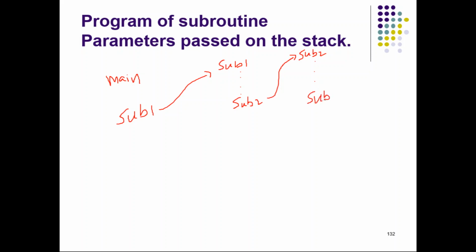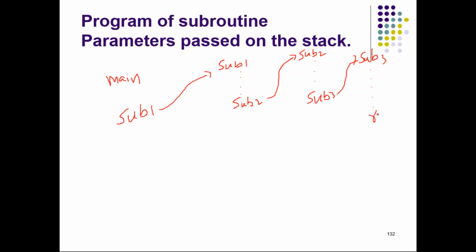So this kind of function call is called a nested subroutine call, and it can go up to any level. There is no restriction like there should be this many levels. No, it can go for any level. But let us assume in our case it is up to subroutine 3.